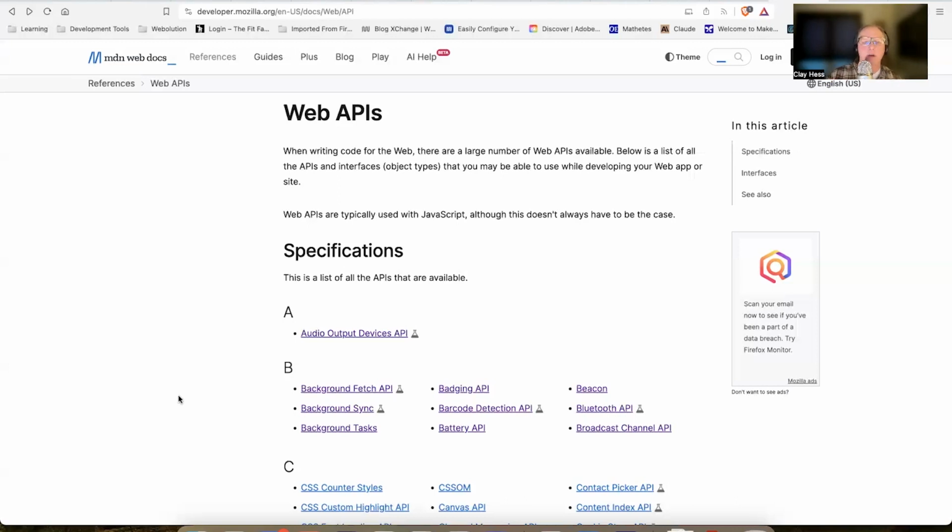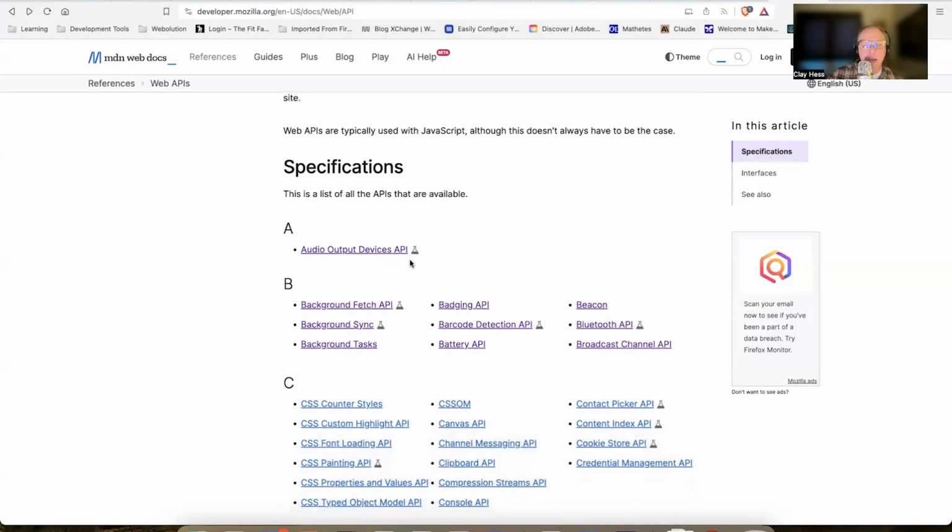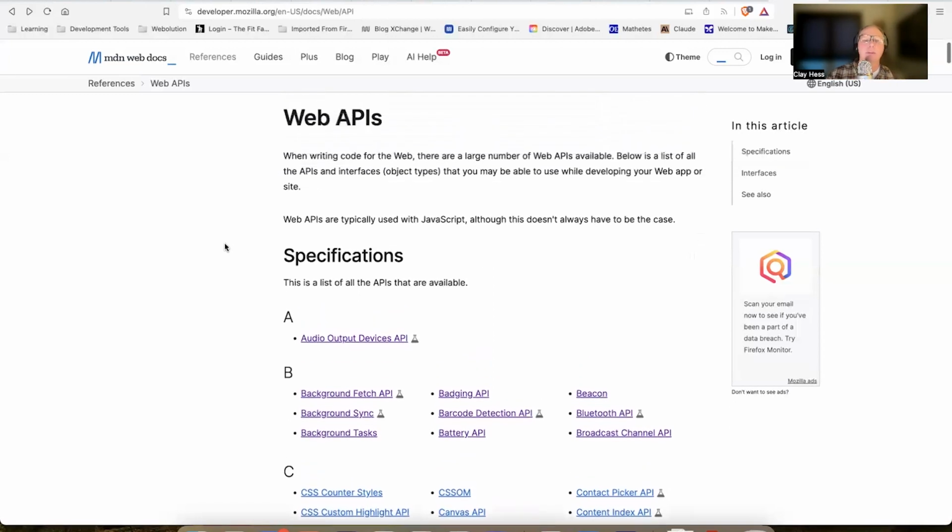Some of these features are experimental. So if you see where it has this little beaker icon right there, that means those are experimental features. So I will point those out as we go through. It doesn't mean we're not going to mess with them. It just means that you need to be careful. I probably wouldn't implement them in a production app, at least at this point, in at least a robust fashion,